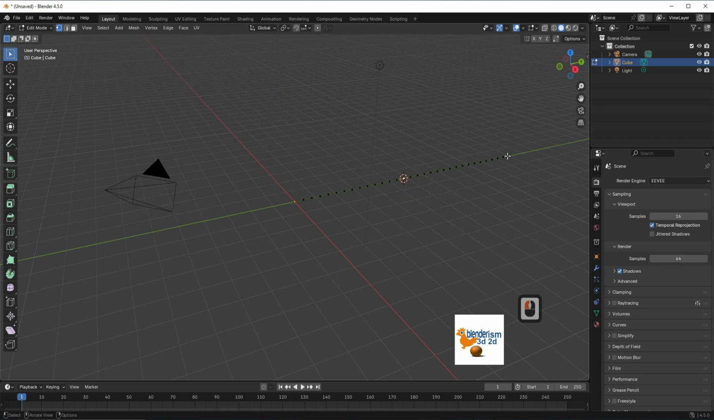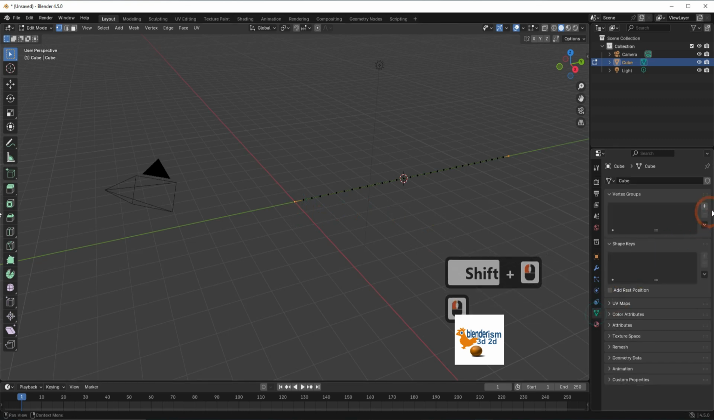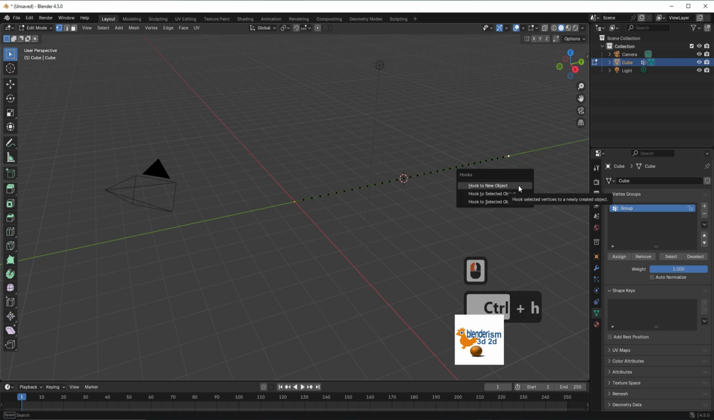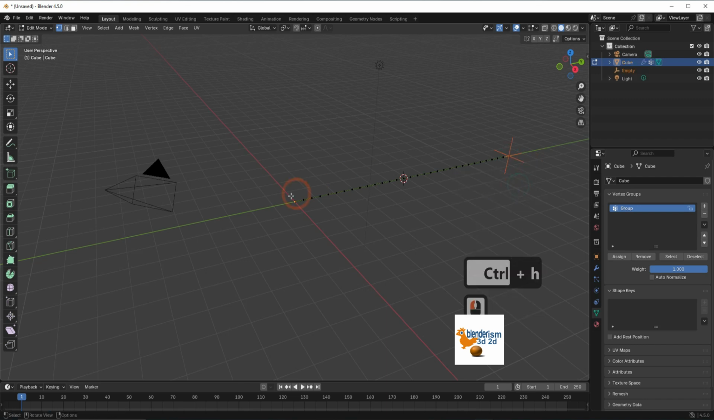Choose the vertex at the end, and press Shift and select the vertex at the other end. Go to Object Data Properties, and press the plus sign to create new vertex group, then press Assign, select one of the two vertex, then press Ctrl H and from the drop-down list select Hook to New Object,